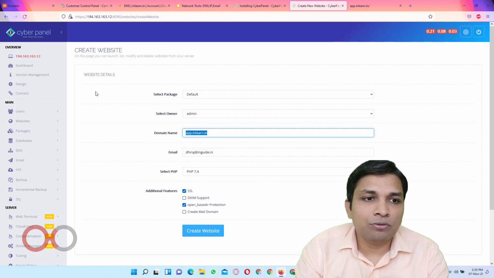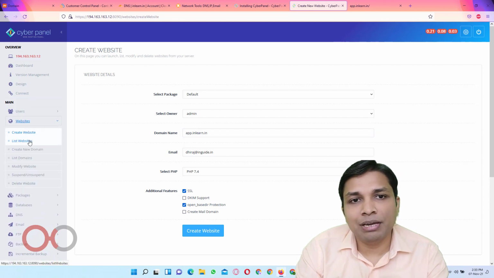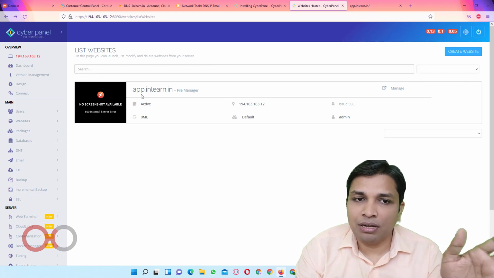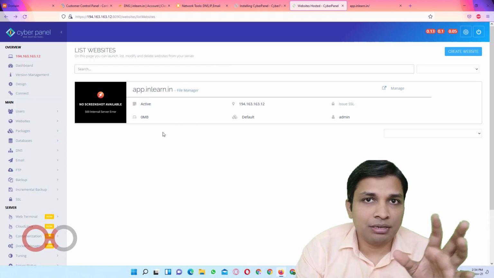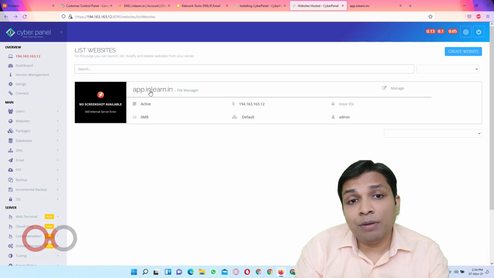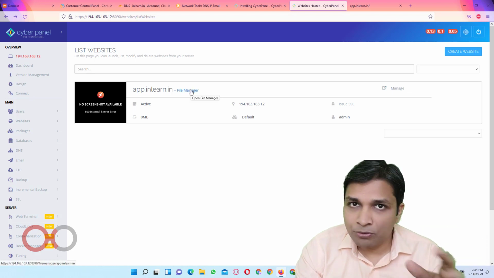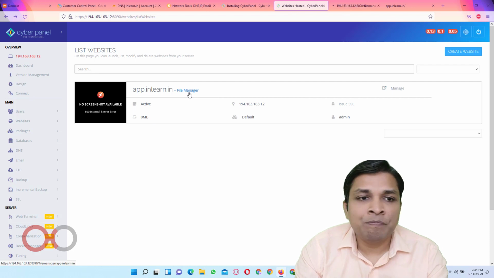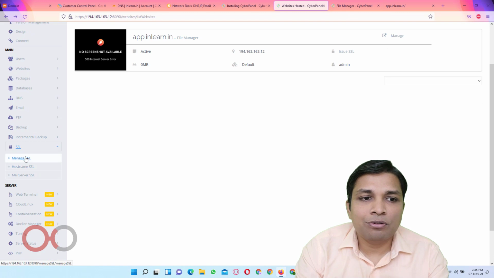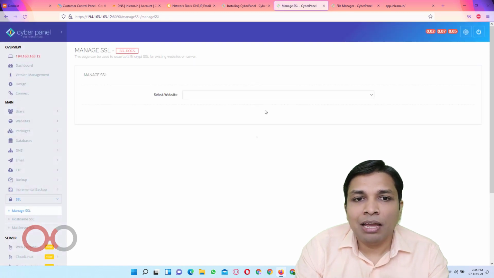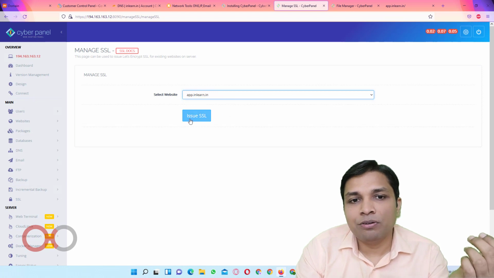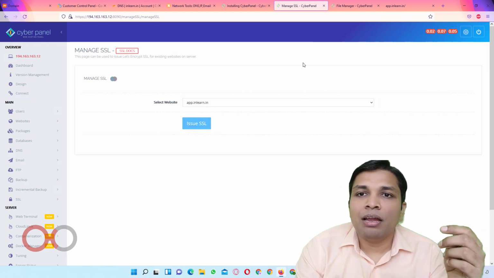Now to fix the SSL thing you have to go to websites again, list websites. Now here in list websites you will see all the websites that you have added so far in Cyberpanel. Here you have to go to file manager, so I am going to open this in another tab and I'll go to SSL. Next go to manage SSL and here select your website, then click on issue SSL,